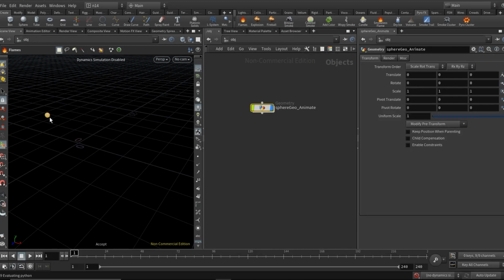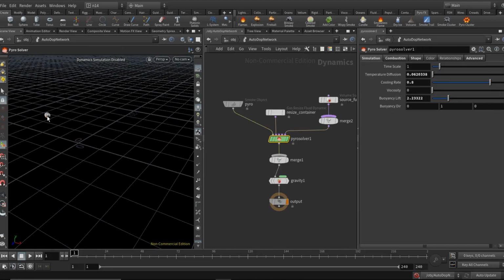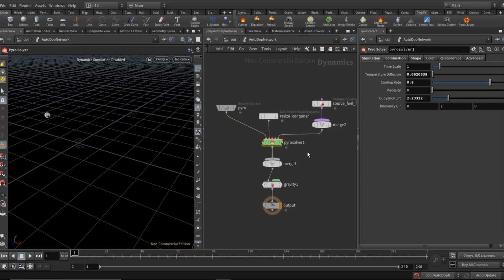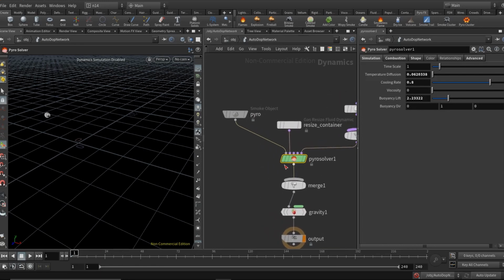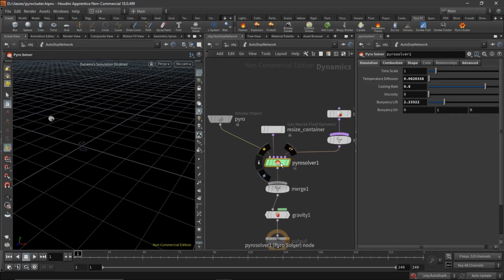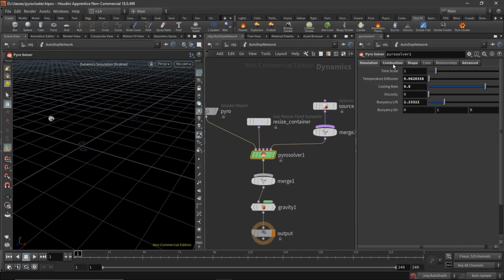As you can see, it's asking me for the source, so just select the sphere, and there we have landed right into the simulation network. Exactly, this is the place where all the simulation is happening. Inside this solver, all the calculations are being done. This is where we are setting the look and feel of the simulation, how the turbulence comes into play, and all these settings we are going to do here.